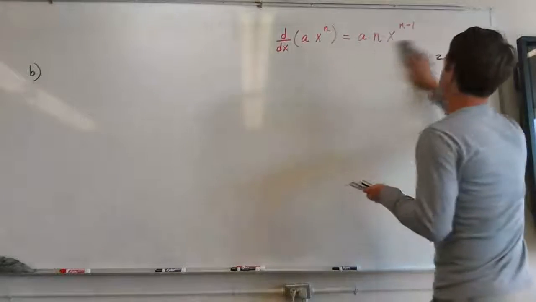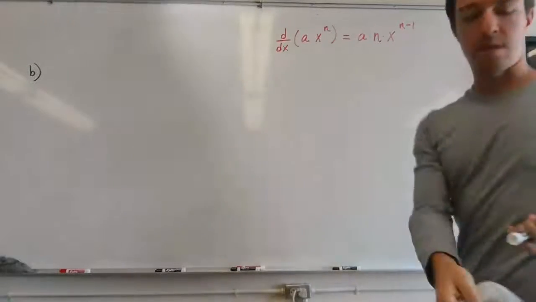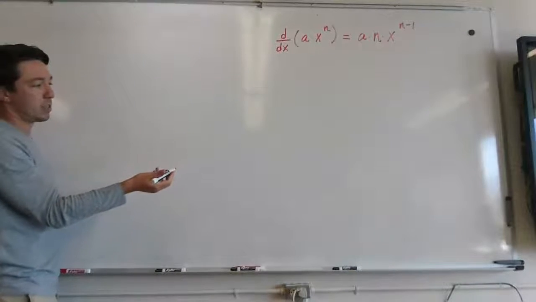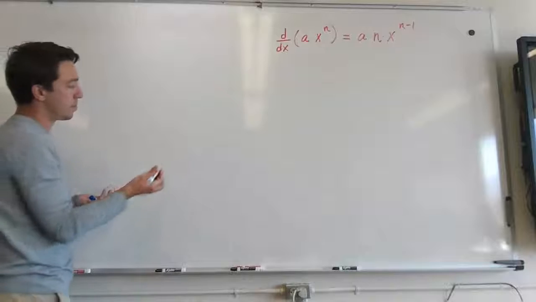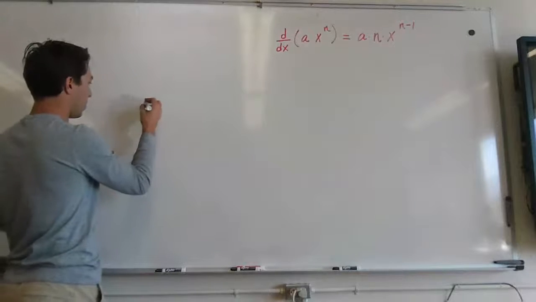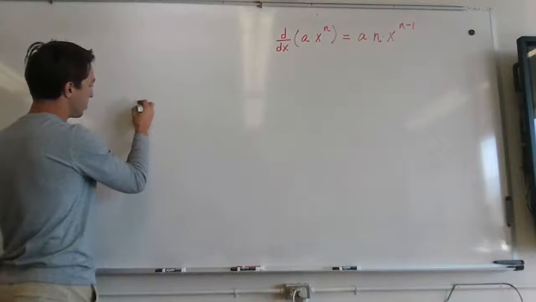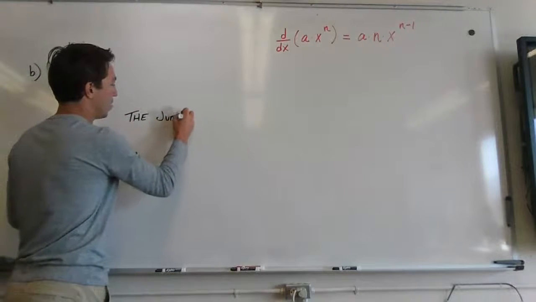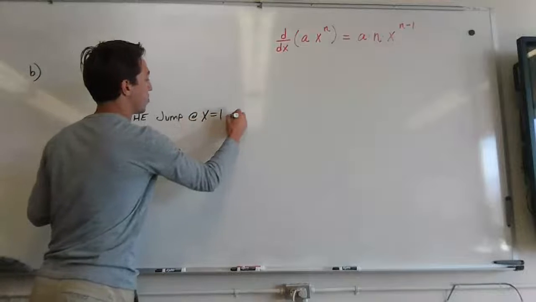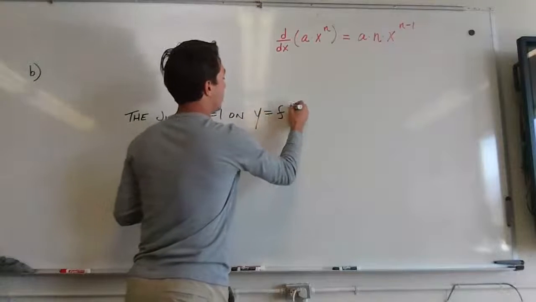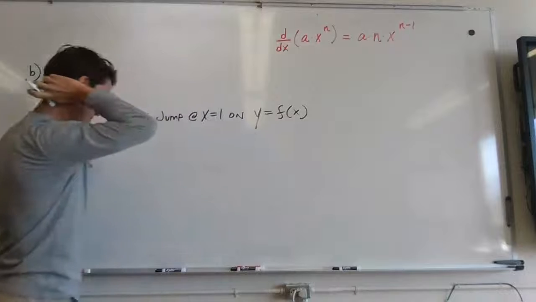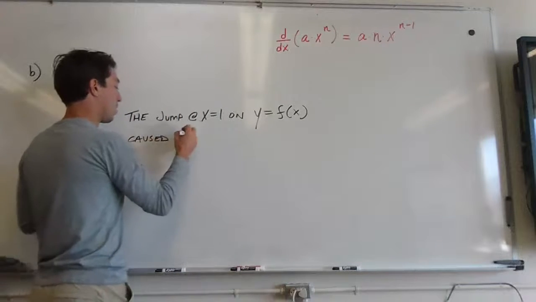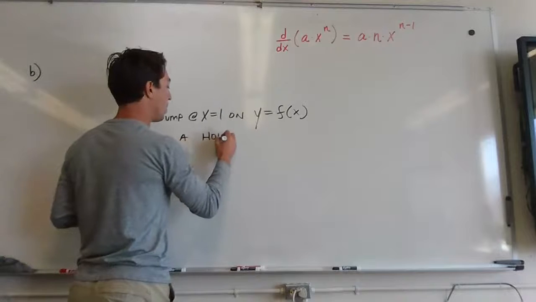Oh, so sorry, the sentence here would be something like, here, I'll write it down here. So, to be precise and explain that connection, you'd say something like, the jump at x equals 1 on the original function caused a hole